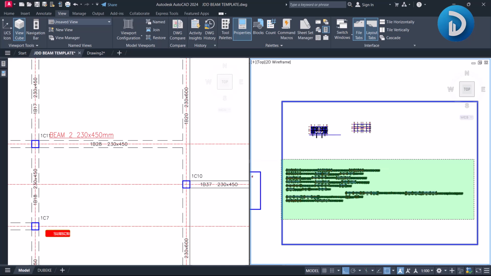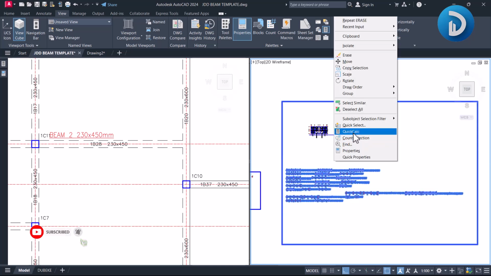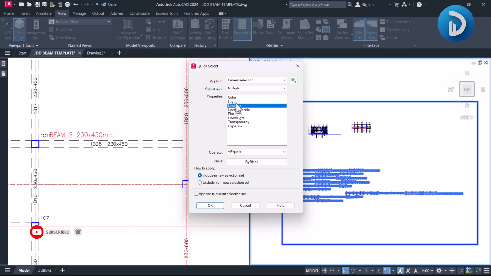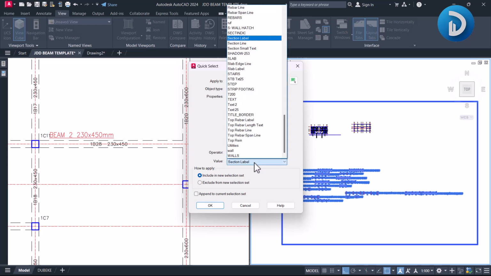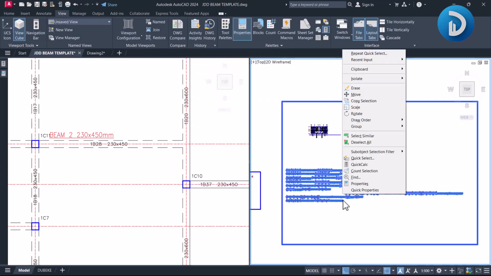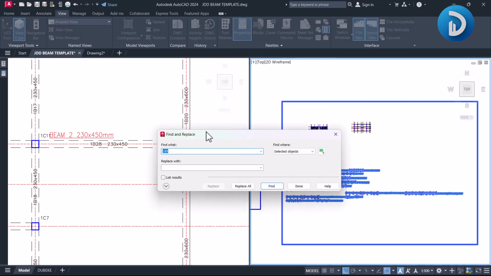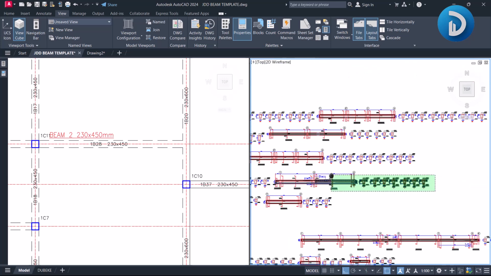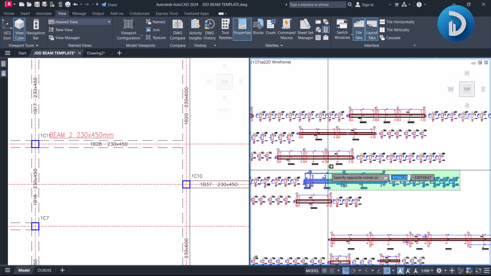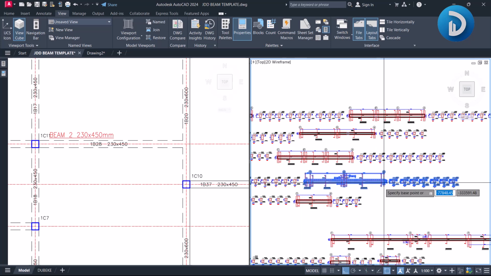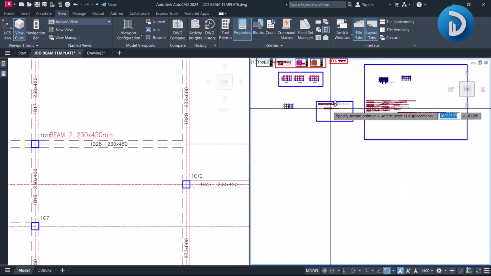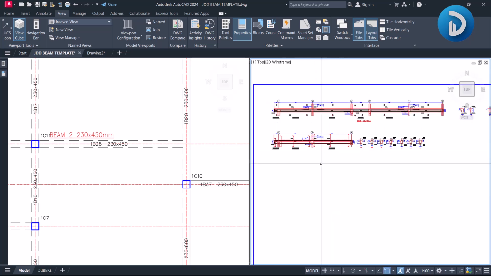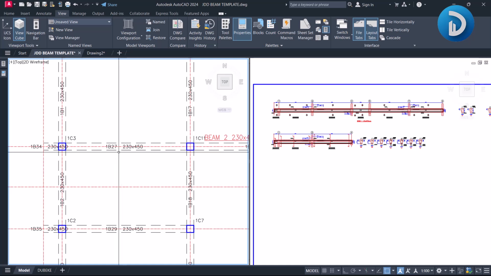So we'll come here, select, come to quick select, layer, come to find, 1B28. So we'll find this, and here we have it. So we can copy this here to be our beam 2,